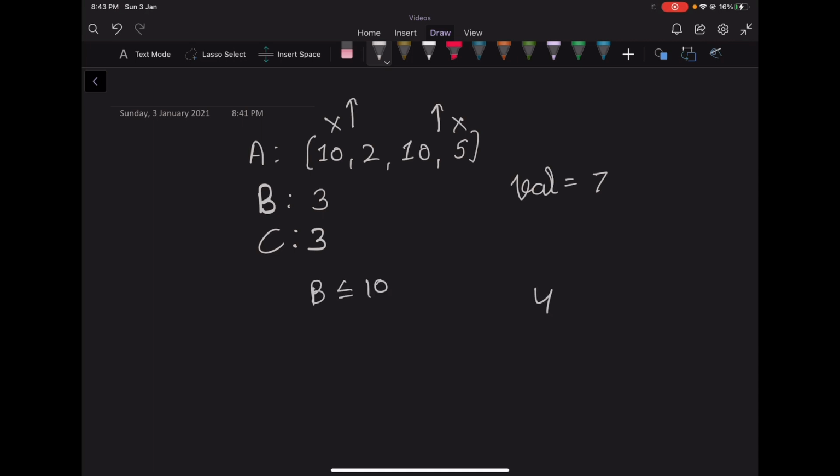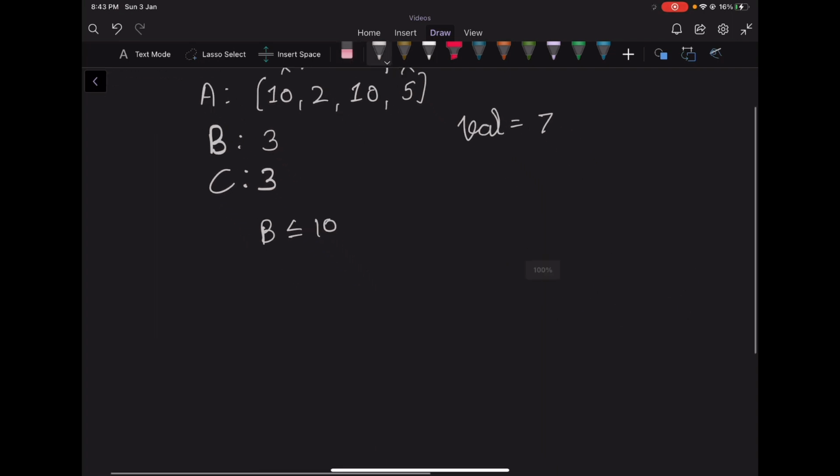So since we have 4 choices for each operation and we can do at most 10 operations, right? So our worst case complexity will be 4^10. That means we will have to do at most 4^10 operations in the worst case. And now this is something around 10^6. So again, we can actually brute force over all the possible choices and find the answer. So let's actually look at this example.